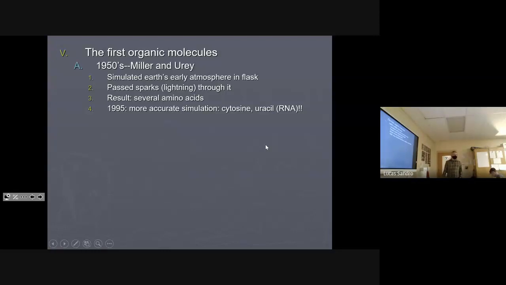Well, cytosine is in both RNA and DNA, uracil in RNA. So, big clues to how we get those first chemicals that life is made of. They can spontaneously form in the chemicals that would have been on the early Earth, which is cool,